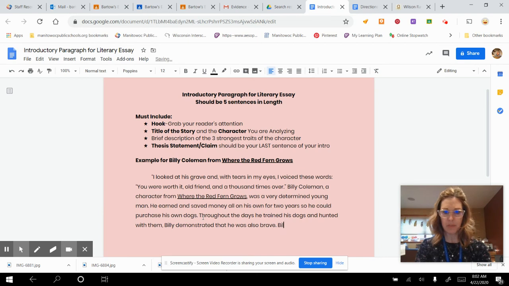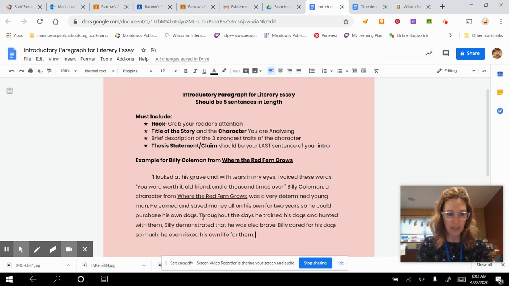And then Billy, the last trait, cared for his dogs so much he even risked his own life. Okay, so I'm telling my audience that I'm going to talk about how responsible he was, how brave he was, and how much he cared for his dogs. And then I'm going to finish the intro paragraph with my thesis statement.